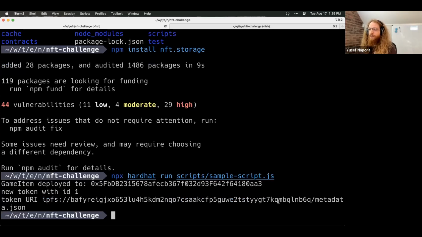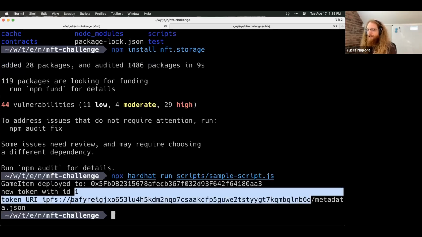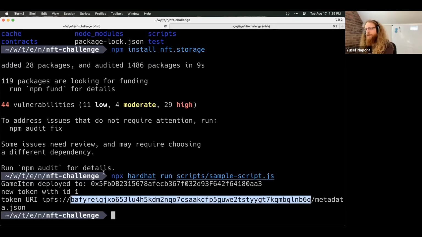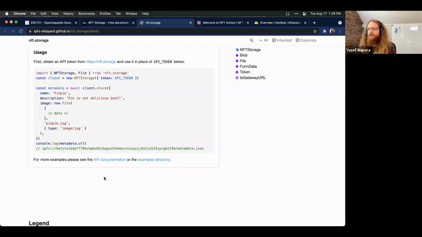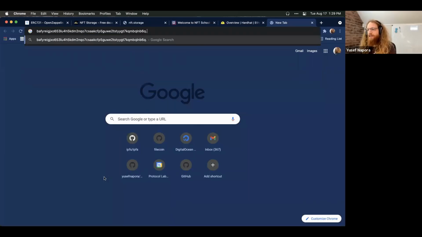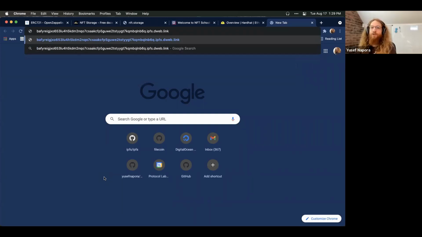So I actually don't have IPFS running right now. I'm going to take this and turn it into an IPFS gateway URL. To do that, take the CID that you have there and say .ipfs.dweb.link. That's the one I always remember. There's a ton of IPFS gateways and you can use any of them. But if I put that in here,